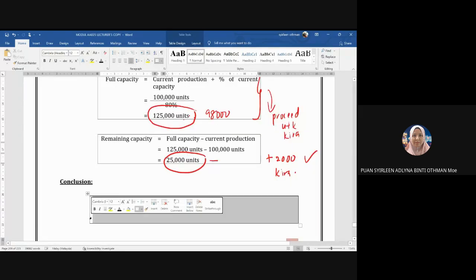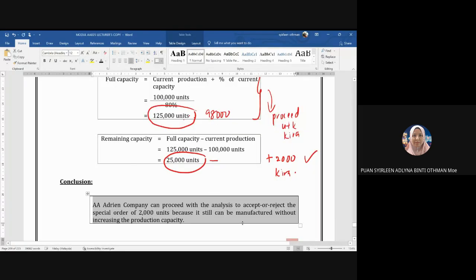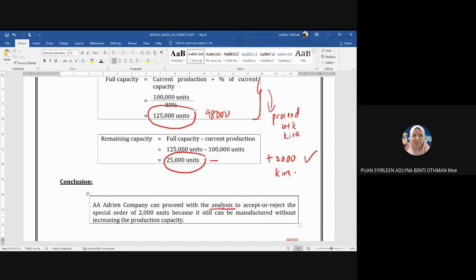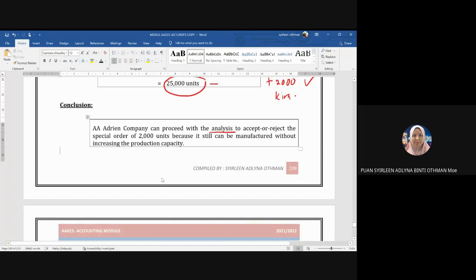So saya baru kira lah. Okay, so conclusion kat sini. Okay, can proceed with the analysis. Baru nak proceed dengan analysis ya. Belum boleh tahu costing lagi. Kenapa saya akan proceed? Sebab 2,000 tu masih boleh dicapai dengan kapasiti pengeluaran sekarang. Okay, so now we go to the